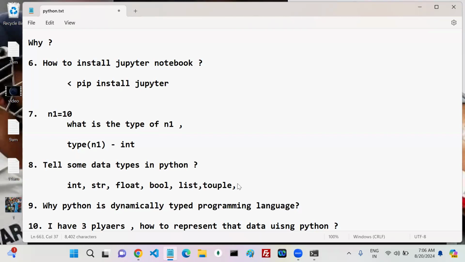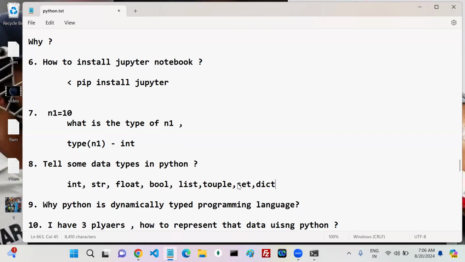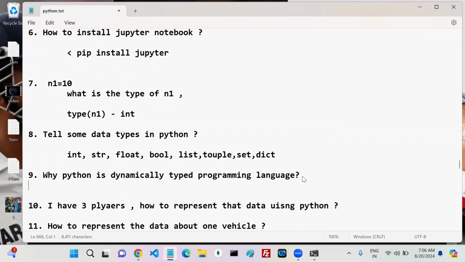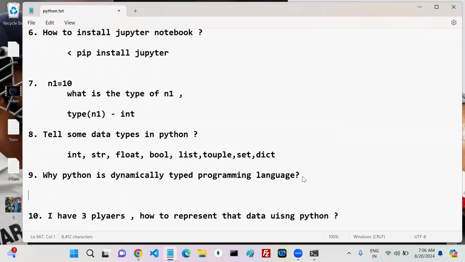Set. Next, dictionary. Why do we go for the dictionary? When you want to represent data about something, one particular thing, like something about yourself: my name is this, my marks are this, my roll number is this. If you want to represent something about one particular entity, then what can you go with? Dictionary, right? Okay, next,